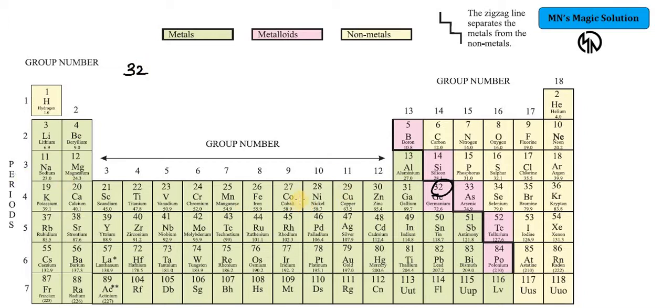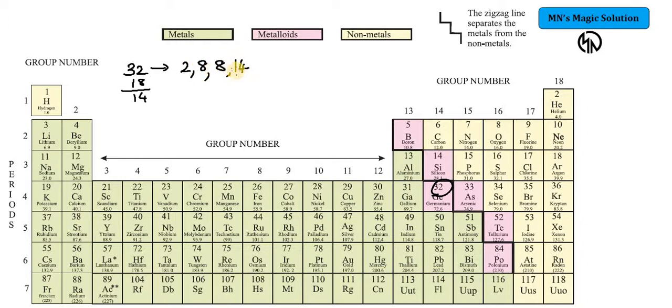with the table in hand we can easily say, but if we do not have the table in hand, what will you do? That's where the trick lies. First of all, write its configuration. 2, 8, 18 is the total up to 18, and if we add another 18 it becomes 36, which is bigger than 32. So we have put in 18 in total; subtract that from 32 and what remains is 14 electrons. So how many electrons are there in the valence shell? 14